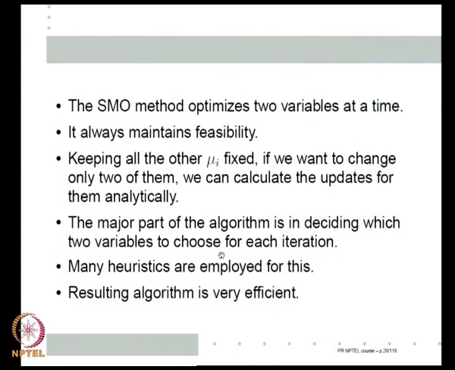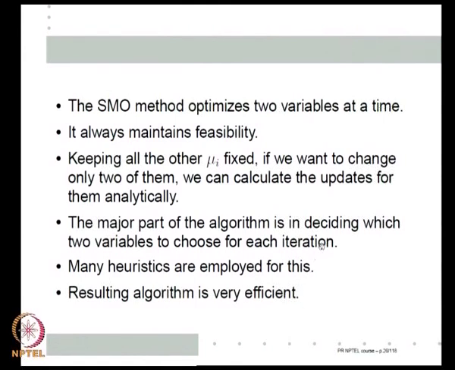So, SMO is for a long time one of the fastest algorithms for solving SVM. Today there are many other recent additions to this, but possibly even today SMO is one of the simplest in the sense of being conceptually simple, pedagogically also simple to explain, one of the simplest algorithms that is still very efficient